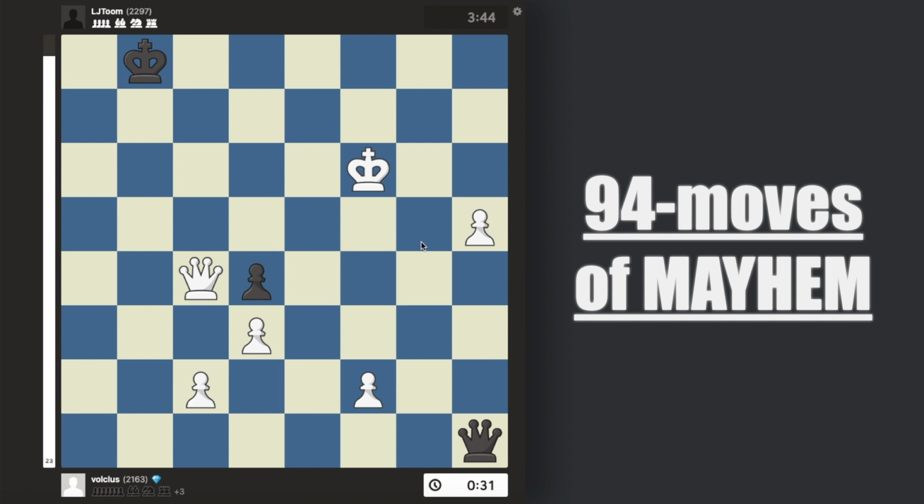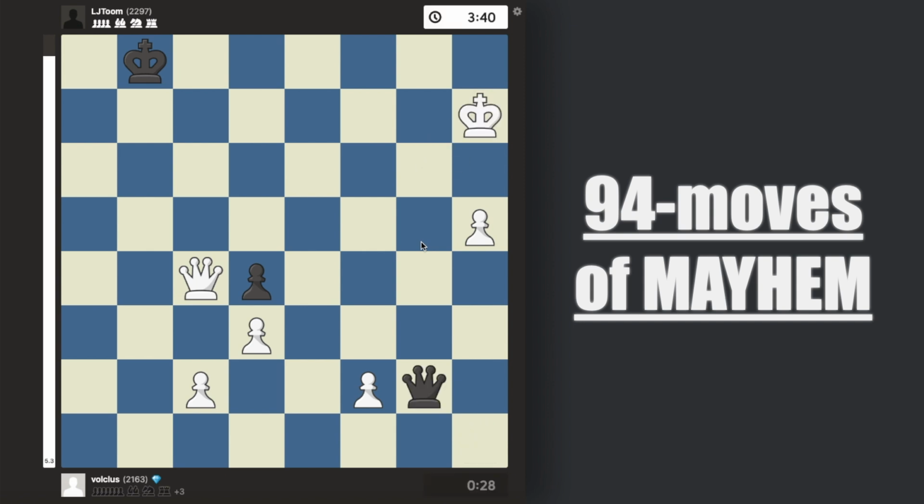I now played king to g6 here. And this is where my position kind of starts to fall apart because they played queen to g2 check. I ran my king to h7, and now they captured on f2. Now I tried pushing to h6 here, but the problem is because my queen is over on the queen side